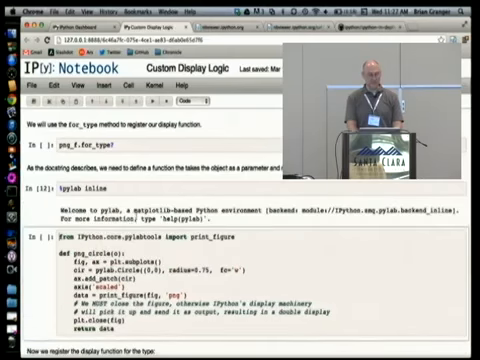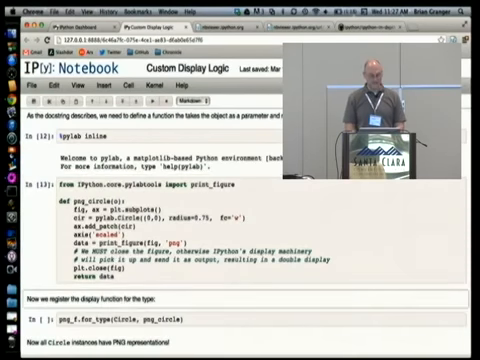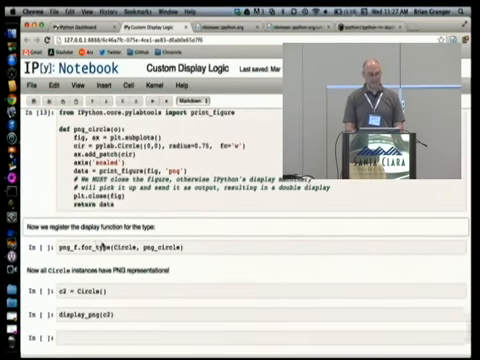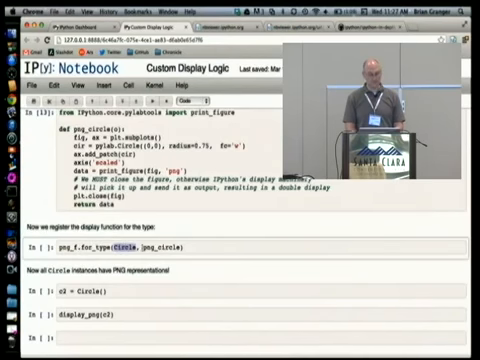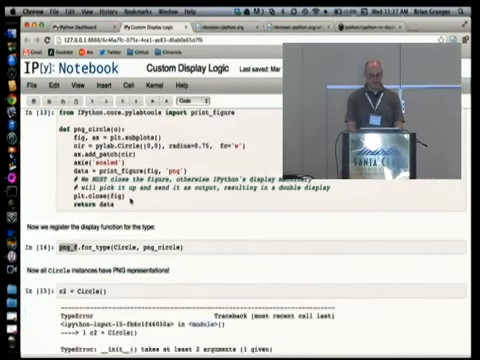So here I'm going to teach our Circle class about a PNG representation. I need to define a function or a callable that takes the object I want to display and returns the data for that particular format. And so I register that for type Circle, PNG Circle, telling the PNG formatter about that. And then when